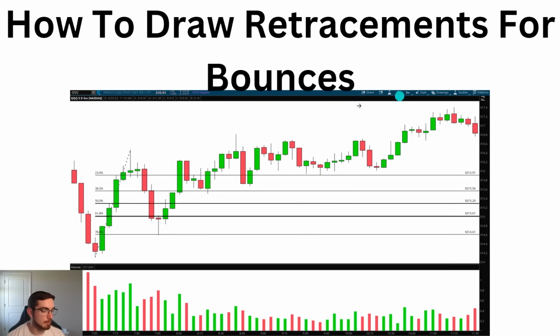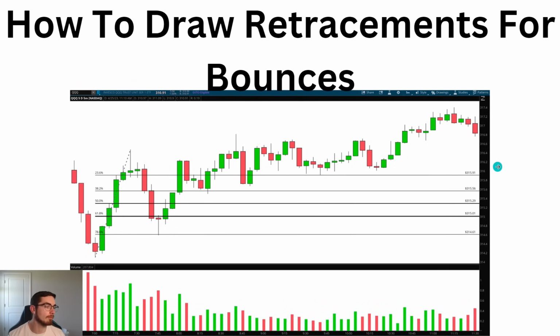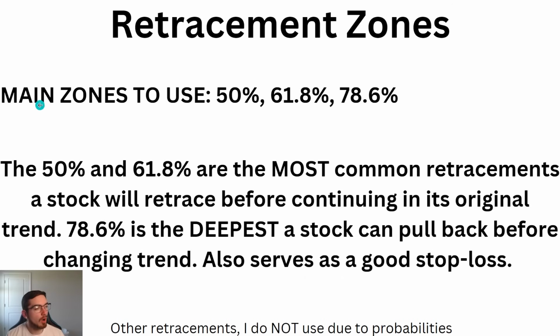And as you see in this example, QQQ bottomed out right at that 78.6% retracement before it gave the next leg up all the way up into a high of like 317.4. And this was on a 5-minute time frame. Actually, this was an intraday fib. Alrighty, so now discussing these retracement zones further in depth. I know we had a few other zones on there, the 38.2, the 23.6, but the main zones that I